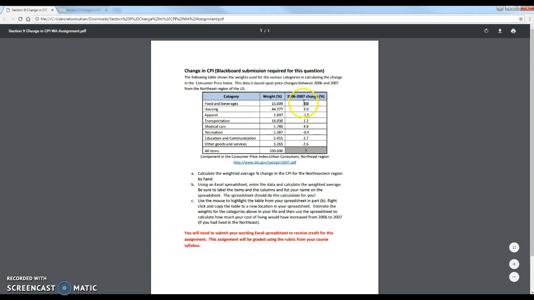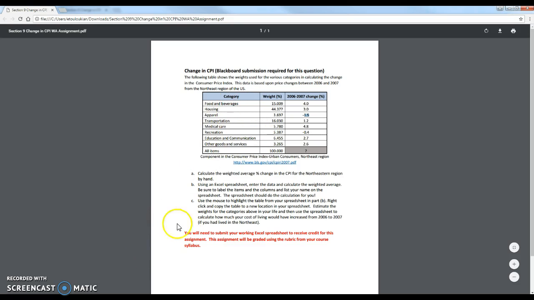All right, so this is obviously going to make them go up. This will make them go down. They didn't spend a whole lot on apparel though, only 3%. So this drop isn't really going to help them a lot. They spent a ton of money on housing, so this increase will hurt them more. So the more you spend in a category, the more effect that percent change has on your budget. Okay, you'd really hope that housing went down because most of your money goes into housing. So looking at this, the ones that actually dropped were relatively low categories to begin with. So this person's going to be spending more money in 2007 because of those increases.